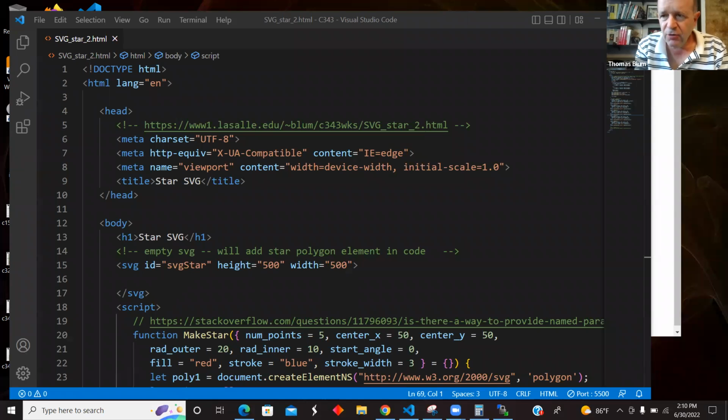In a previous video, I made a star in SVG, scalable vector graphics, using some JavaScript. And in this video, I'd just like to generalize it a bit, make it a function and allow various parameters in that function to be set. And so it's basically the same. So what we did previously